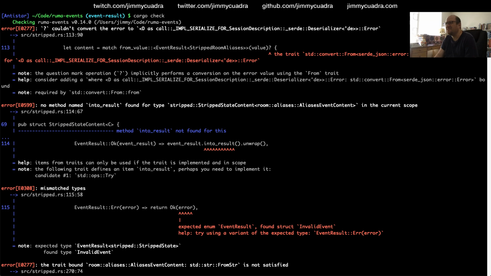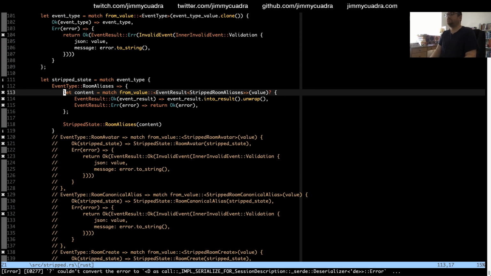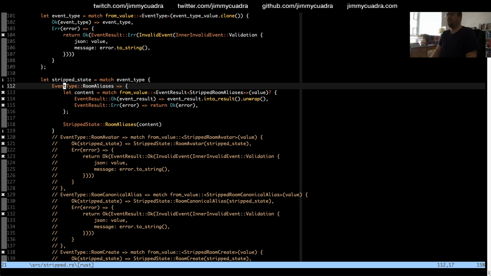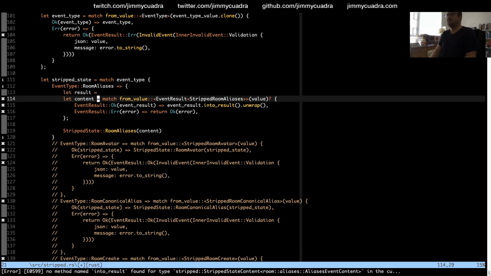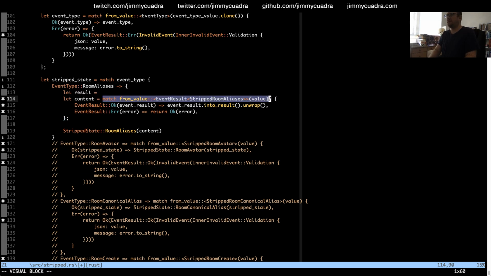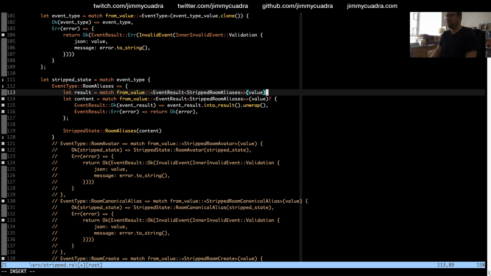Session description. I don't understand that at all. Oh my god, this is so confusing. Okay, well, let's do this in 2 separate steps, and I don't understand why this is happening, but maybe this will illuminate.